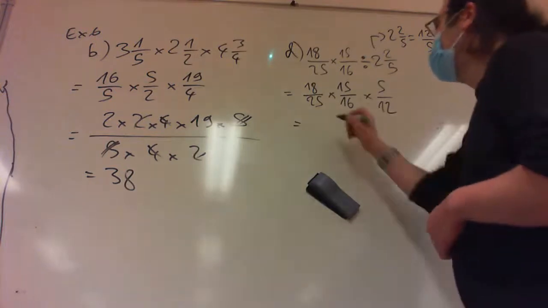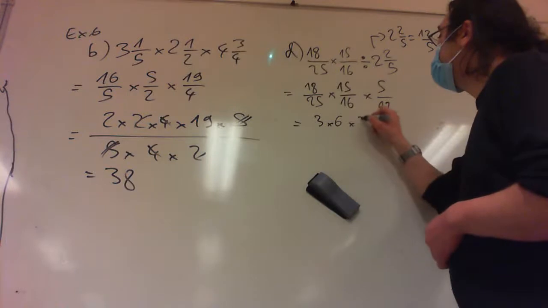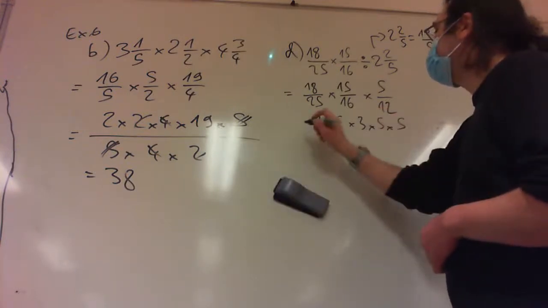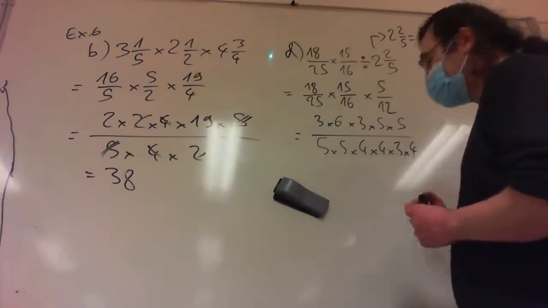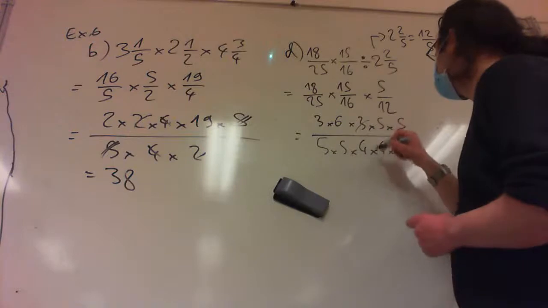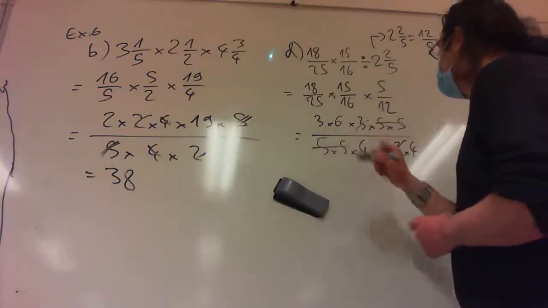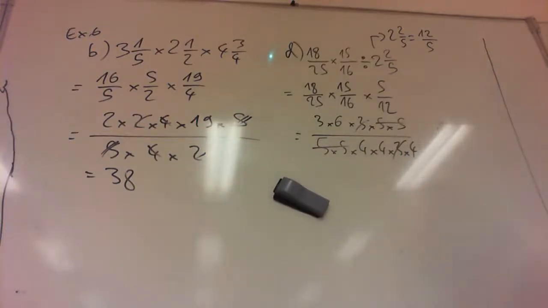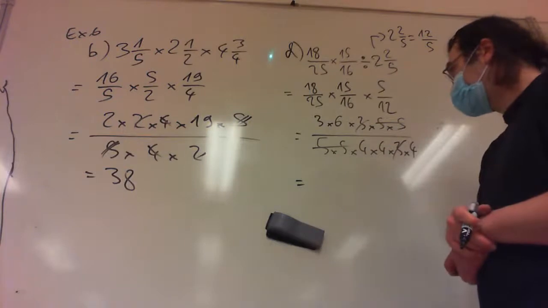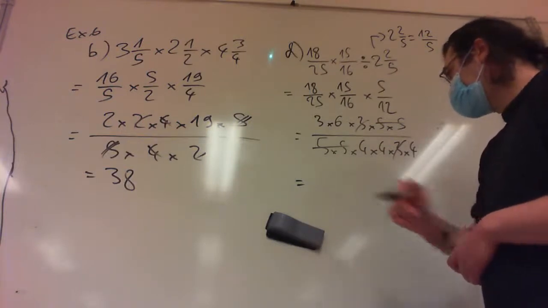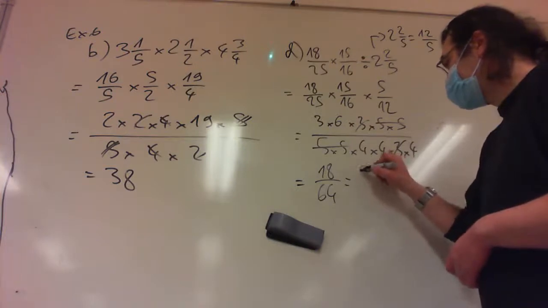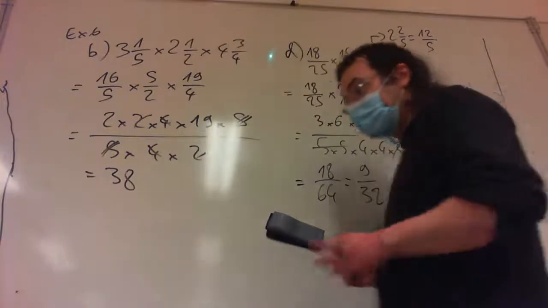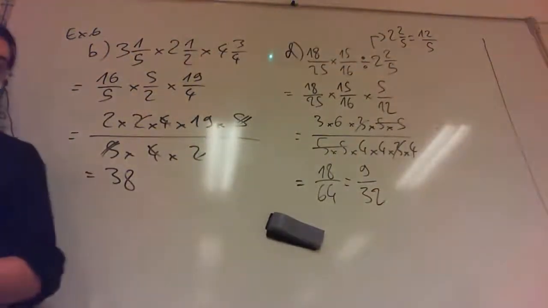So it's equal to 3 by 6 by 3 by 5 by 5 over 5 by 5 by 4 by 4 by 3 by 4. And we can simplify the 3, the 5, and the other 5. You can still simplify something. What? Oh, we can continue, okay. So we have 18 over 64, but you can still simplify by 2. Yeah. And it's equal to 9 over 32. Okay. And this can be written as